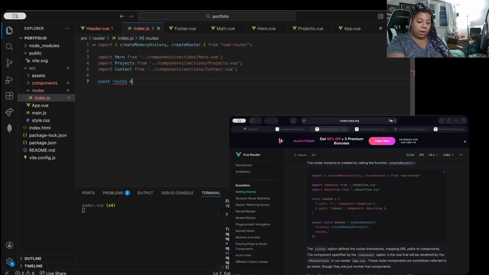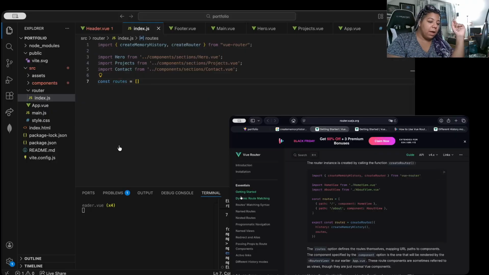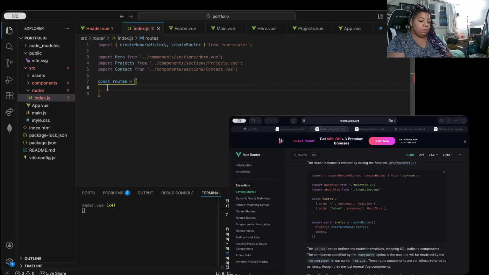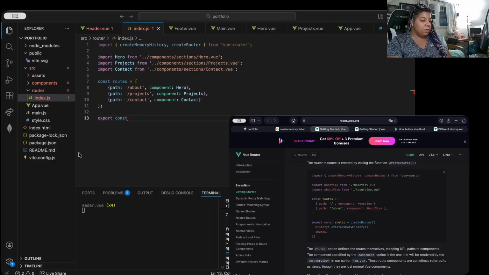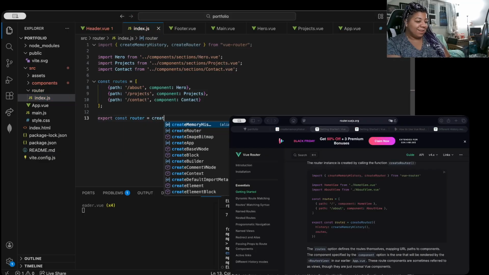And then we're gonna create a routes array, which is an array of objects that dictates the path that I want it to go to, and then the component I want it to be. So it's gonna be a path, and then a component, and we're gonna have 3 of these. Okay, to export our const router,